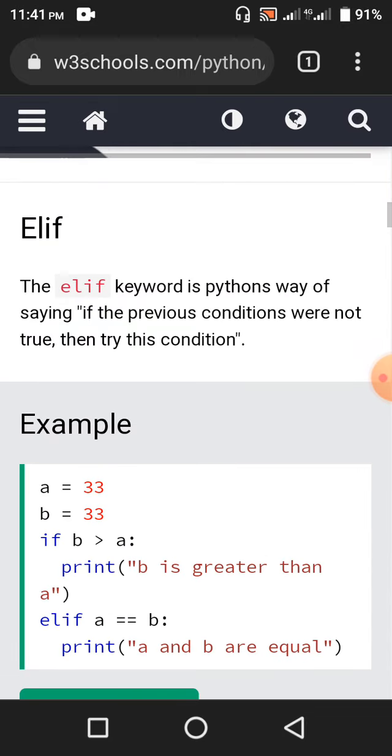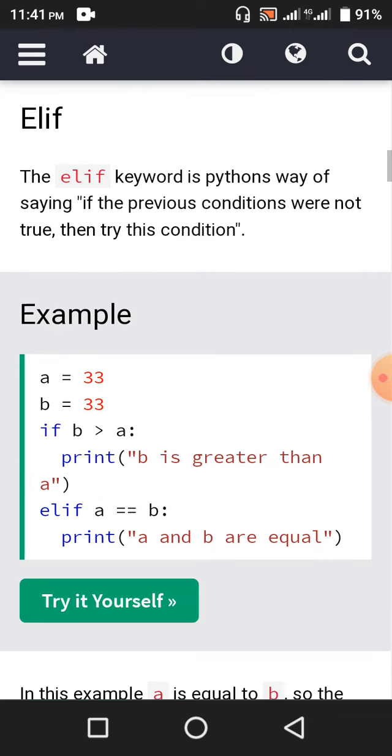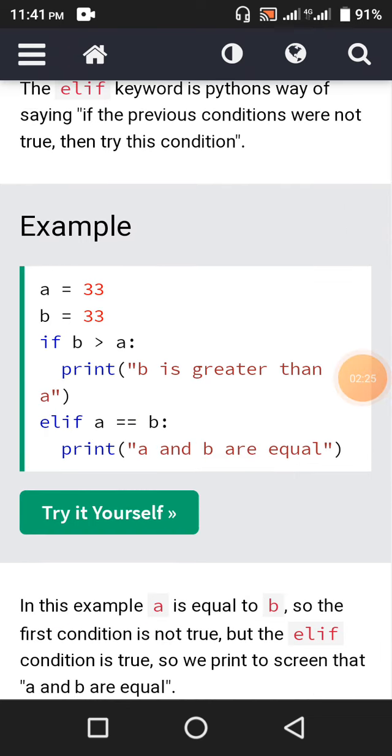Okay, so elif. The elif keyword is Python's way of saying if the previous conditions were not true, then try this condition. A is 33, b is 33. If b is greater than a colon, print b is greater than a. Since b is not greater than a in this case,